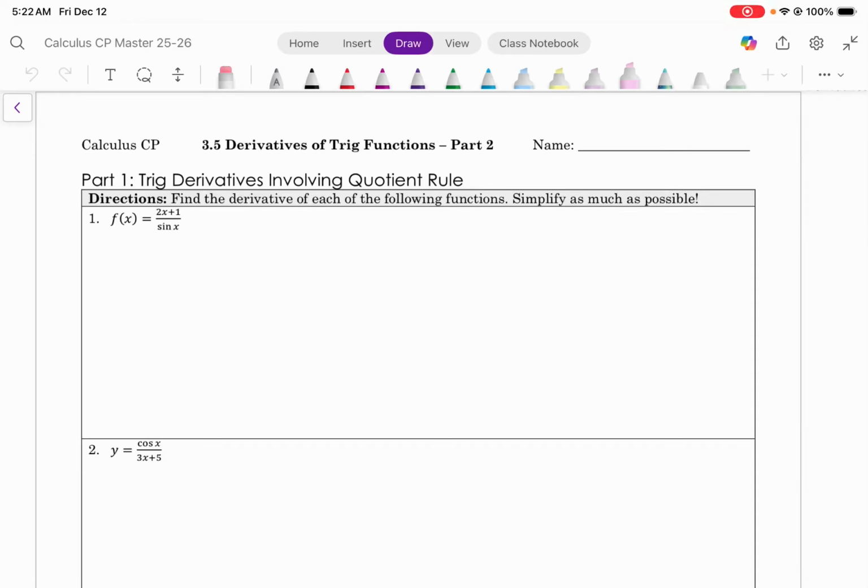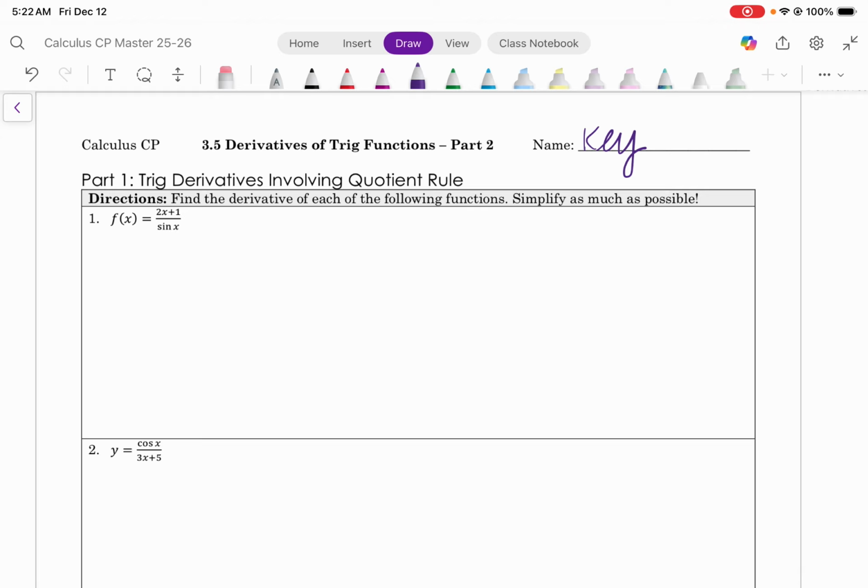Good morning, I'm out sick today, so today you're going to complete this notes packet and check your work with the answer key provided in the keys section of Unit 3, and then when you finish, you'll complete the 3.5 homework worksheet. You should be able to complete all of this work by the end of the period and submit it. Let's get started. So yesterday, or last class, we worked on finding the derivative of trig functions using just